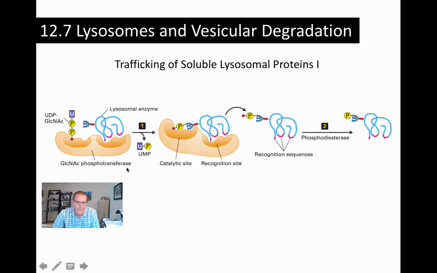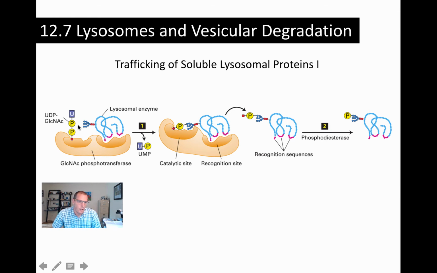And it's dependent on this enzyme here, N-acetylglucosamine phosphotransferase. What this enzyme does in the cis-Golgi network is that it binds to a lysosomal protein here. So this is going to be an acid hydrolase. It's going to end up in the lumen of the lysosome. It recognizes the glycosylation that's occurred on the lysosomal protein, and the N-acetylglucosamine phosphotransferase binds an activated